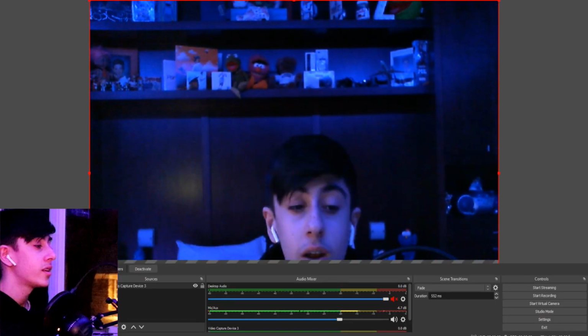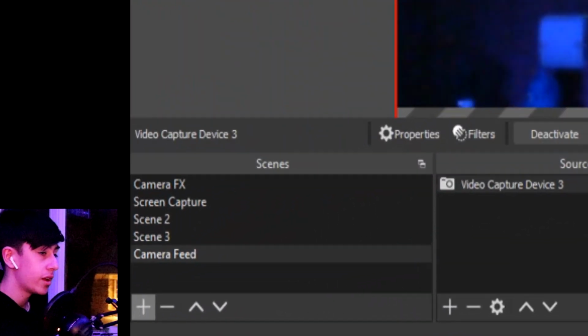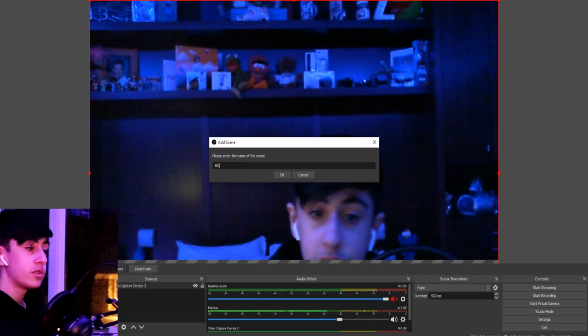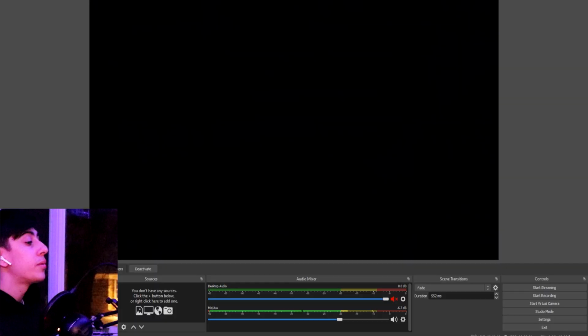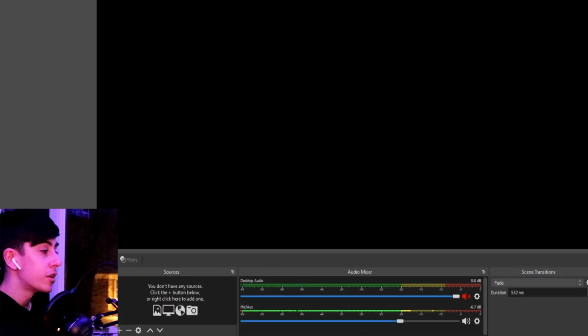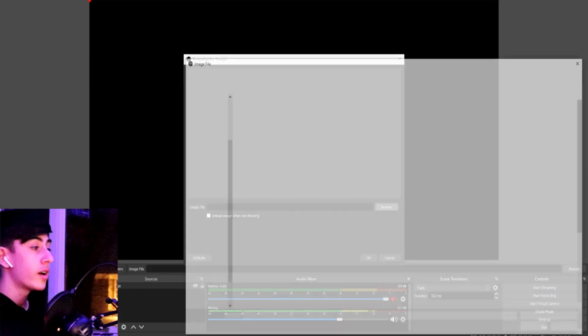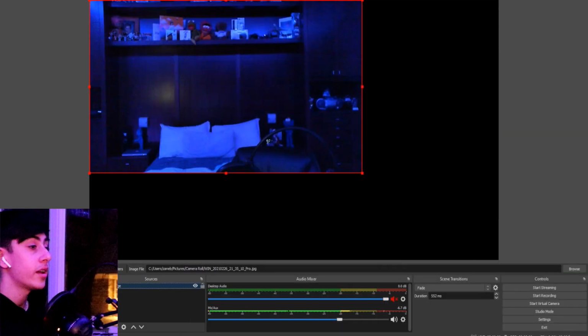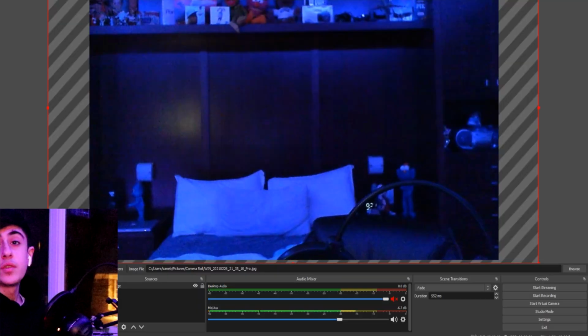Once you've done that, click on the plus button again where the scenes are. Click on add, type in BG, which stands for background, and you're going to want to repeat the same steps, but instead of adding a video source, click on the image source. Press OK, click on browse, and find the background we just took. You're going to want to press on OK and repeat the same steps by dragging it out to fill the screen. Once you've resized it, you can now flip between your two scenes that you've created, and it will now